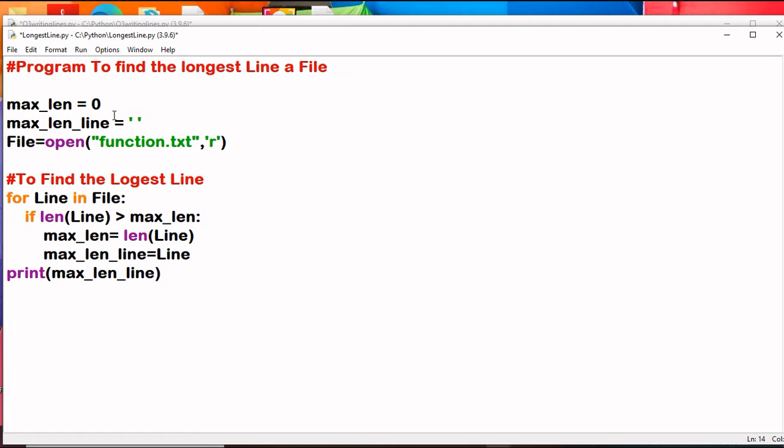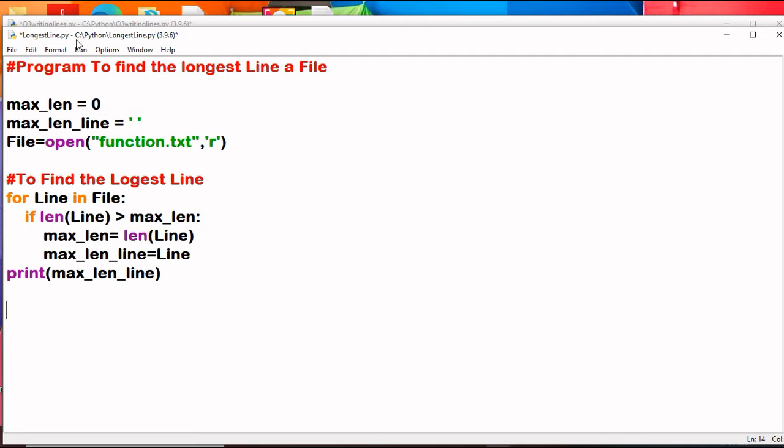The initial value is 0. So the first line is stored as the maximum length line, then for the second line it will compare the length with the first line, and then the third line, and in this way it will store the longest line in the variable max length line, and in the other variable I will get the maximum length, that is, the length of the line.